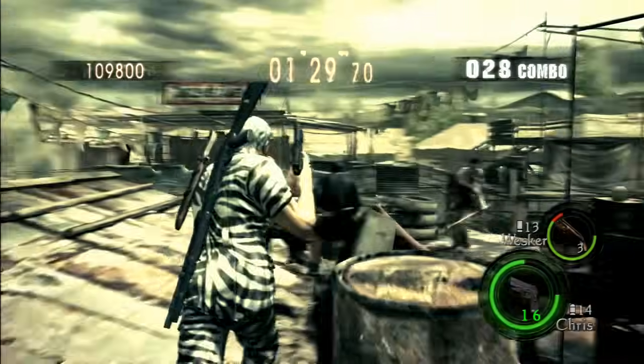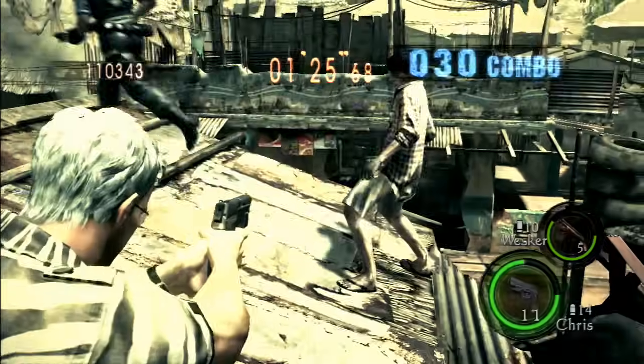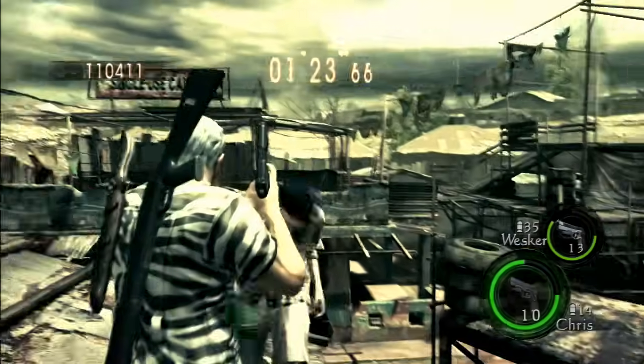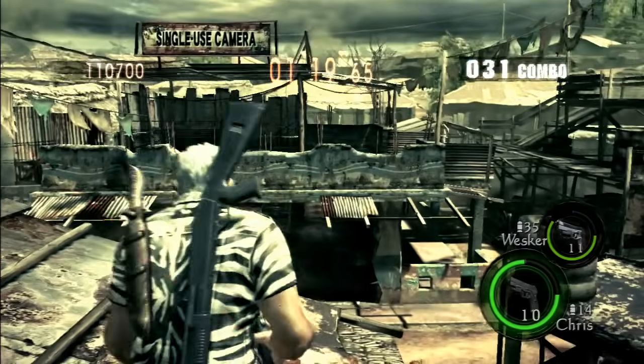Okay, let's move on. So how did the partner system work in Resident Evil 5? I'm glad you asked! Basically, the partner system causes the game to be playable in 3 different ways, 2 of which aren't the worst thing a human can experience in their life, and the other...